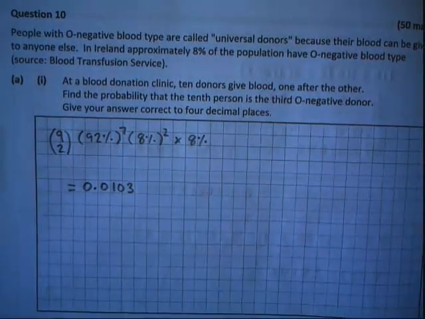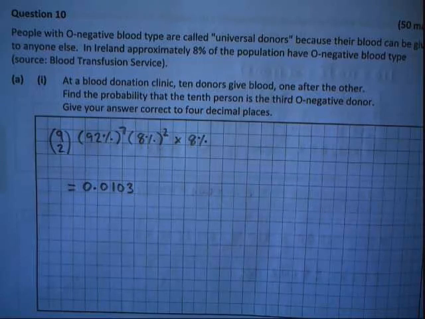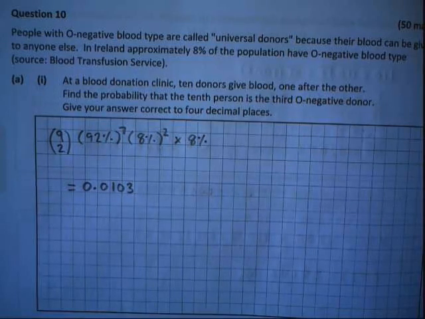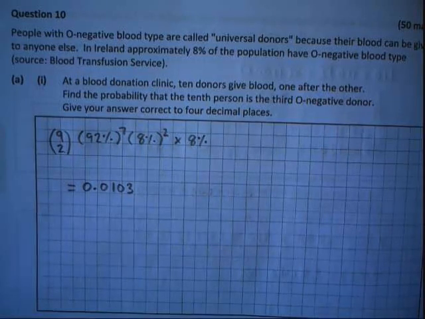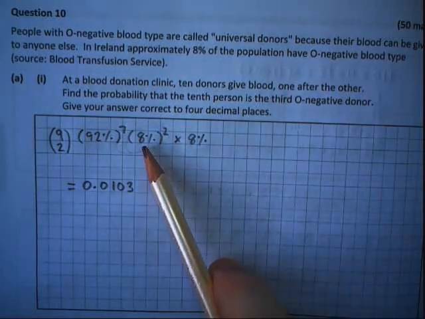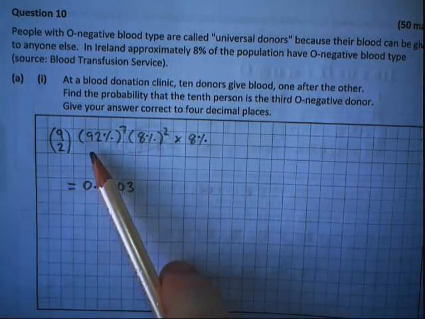Question 10, probability. We need to find the probability that the 10th donor is the third one with O negative blood. So that means that within the first 9 people, 2 of them must have had O negative blood for the third to be the 10th. So what we're going to do is say, okay, the first 9 people, 2 of them have that special blood, so 8% twice, whereas 7 of them